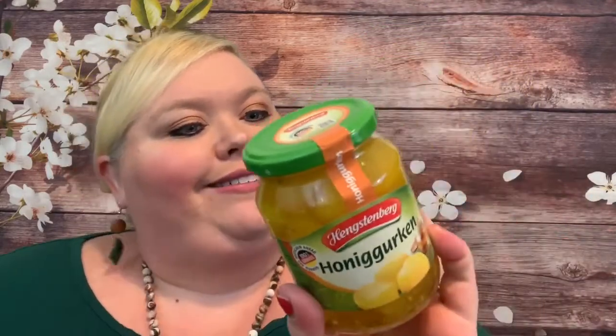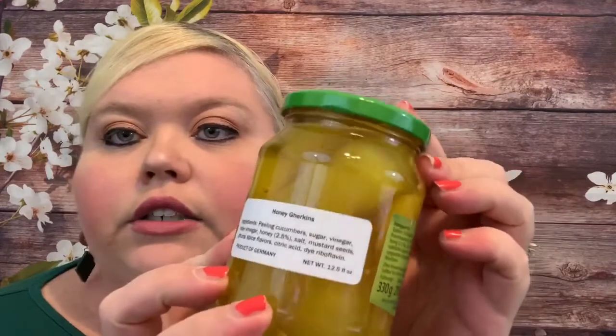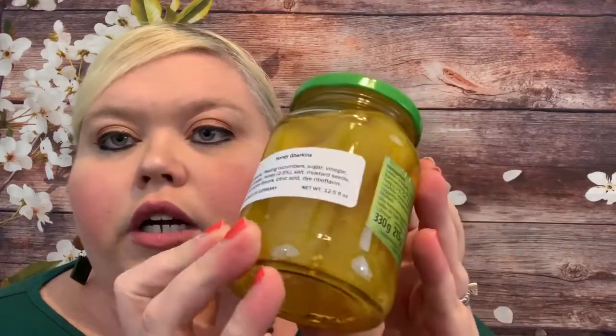Honey gherkin. I don't know if I'm saying that correctly. What is this? Honey gherkins. Peeling cucumber, sugar, vinegar, cider vinegar, honey, salt, mustard seed, natural spice, citric acid, product of Germany. Oh, okay, so can you see it in there? So it's like little hunks, chopped, like big hunks of